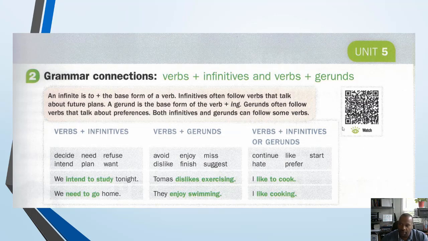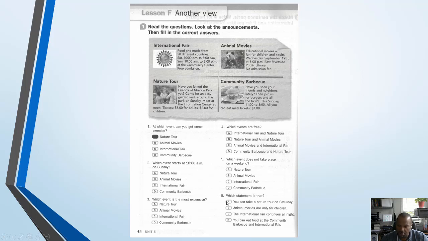What you can also do is scan this barcode, and this should help you by giving you a short video, so you can watch how they use this in a little bit more detail, and then you can go over it again and again if you need to. So let's look on page 64 in our workbook. That's our white and green book. And let's try to put these two together. So we've got infinitives and we've got gerunds. So we need to work on some exercises to better understand them by using them.